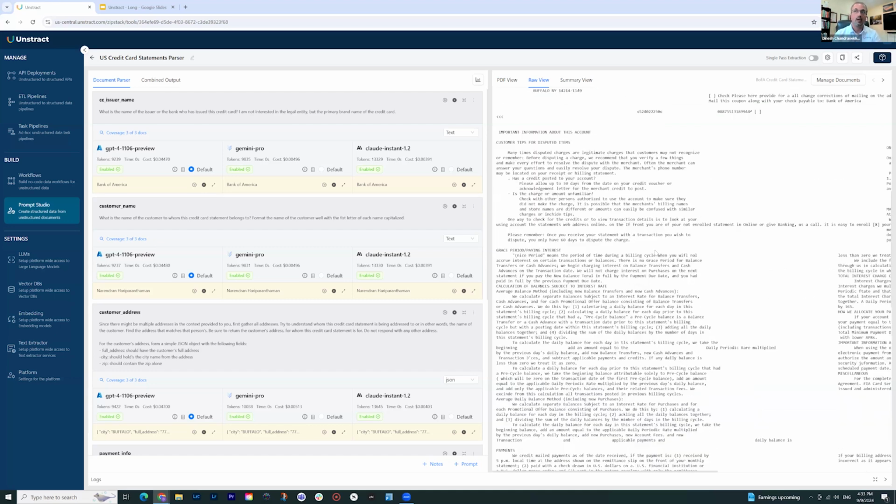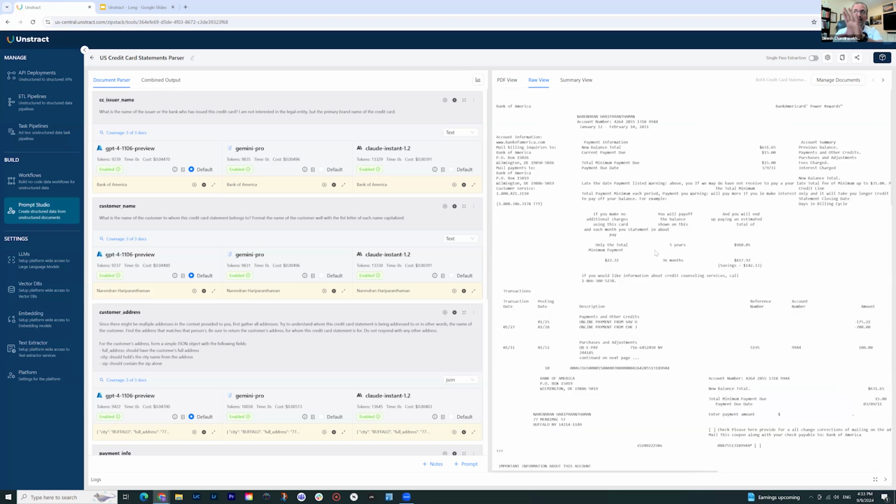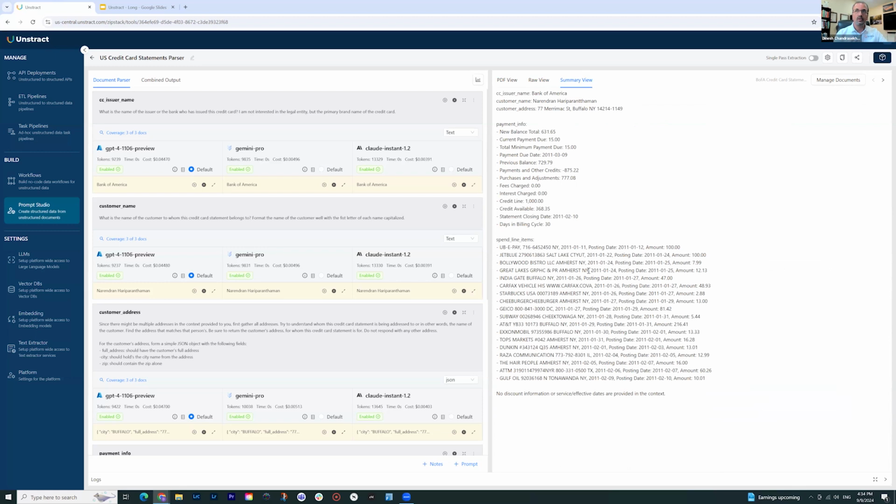So you can do this. Now, it also comes with all the text that is unnecessary, but it's very readable for an LLM. But in case you just wanted the real fields that are important for you, minus all the legalese and the marketing text, you have the summary view, which gives you just the fields that you require.